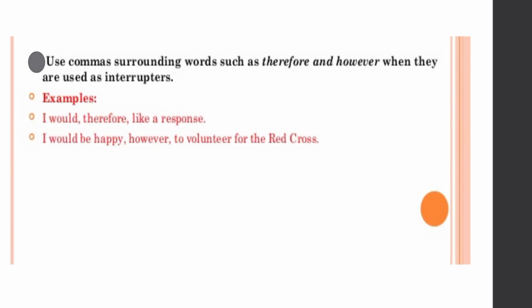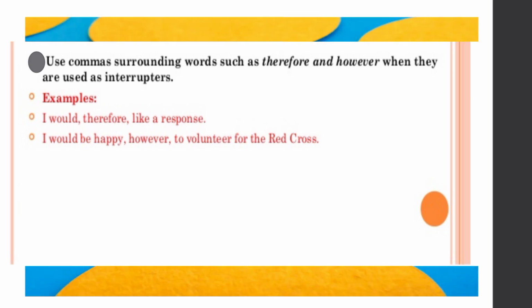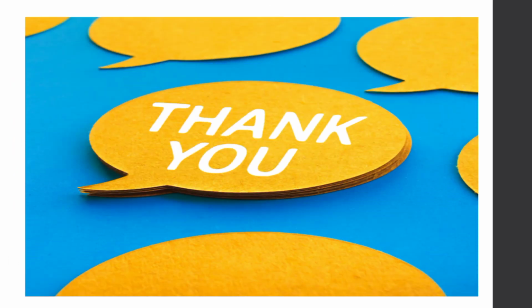Yes, use commas surrounding words such as therefore and however when they are used as interrupters. Examples, I would, therefore, like a response. Then, I would be happy, however, to volunteer for the Red Cross. These are all the rules and where you have to use a comma. Understood, children? Go through the video once again